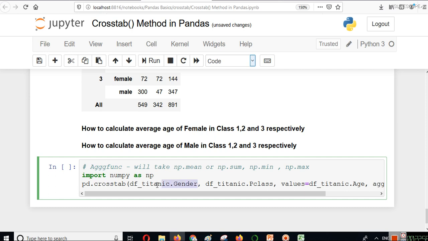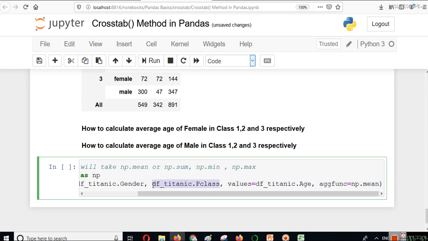We are doing a cross tab between two tabs: first tab is gender, second tab is p class, and then we use values on age. When you write age, class or gender, you have to use the reference of the data frame in which these columns are.